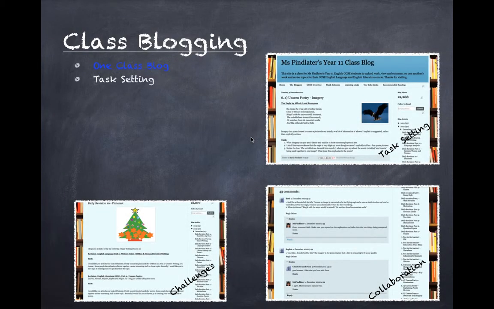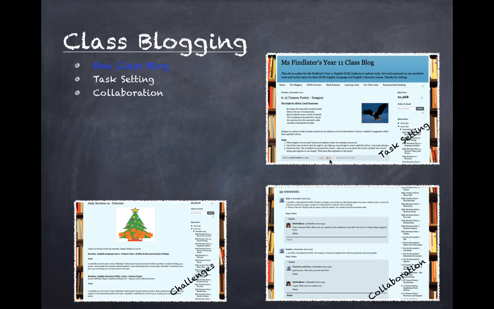Okay, another way that you can use it, so you could see some of the activities on the blog that I just showed you, for instance the one that you can see here, a task setting. I basically used the blog at times throughout the year with that particular class. It wasn't this year, it was last year's class, where I would use it for planning really, and I would put my tasks and the activities and the guidelines, or any video clips, the poetry we were studying, anything I wanted them to focus on as a blog post. They'd go in, the blog post would be live and up there for them, and then they would respond to it underneath the actual